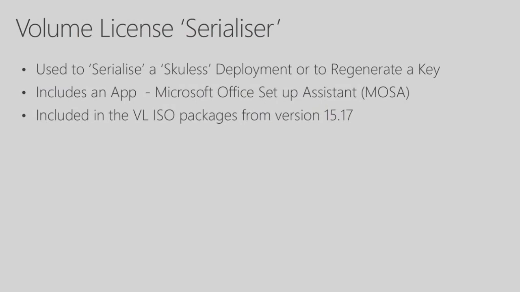The final thing to be aware of in this little section here is that we can use something called a volume license serializer to actually take versions of Office that have been deployed through the SKUless PKG approach and serialize them against your enterprise agreement. So if you find out that there are some instances of Mac where those keys have not been applied,